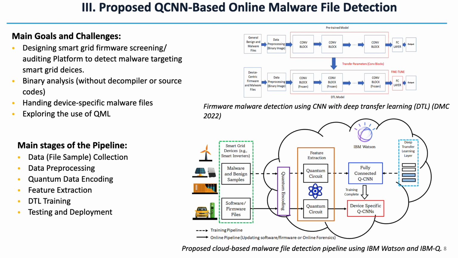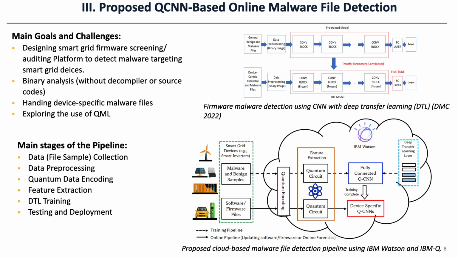In section 3, just like we previously mentioned, we described the proposed quantum CNN network that we are using for the online malware detection. As you can see, the main goals for this research were to perform binary analysis of malware files, and to explore the capabilities of quantum machine learning, especially quantum CNN, when it comes to static malware analysis.